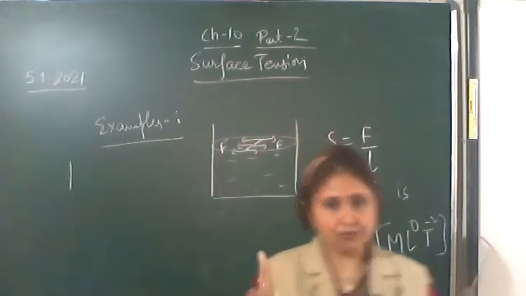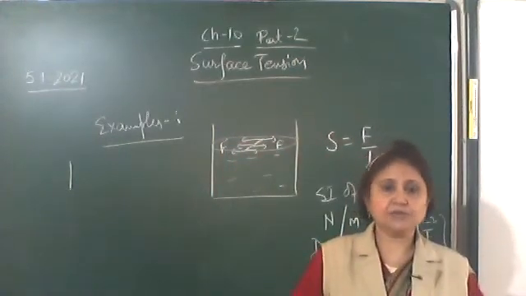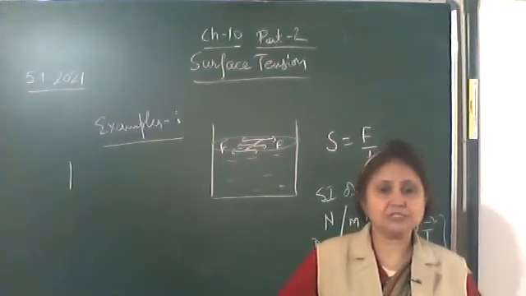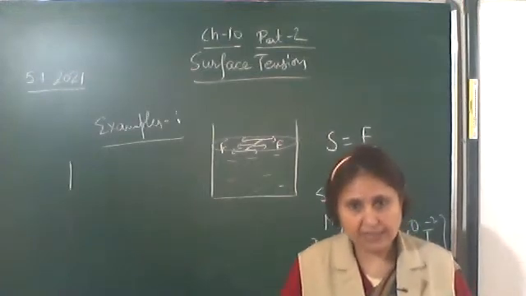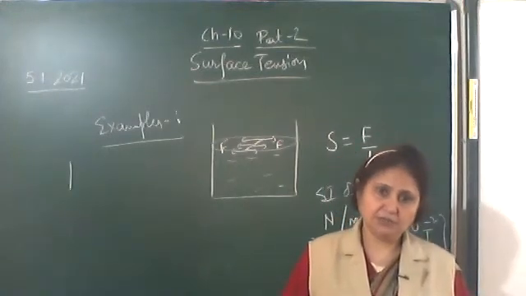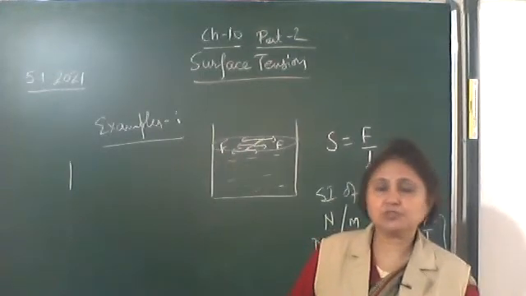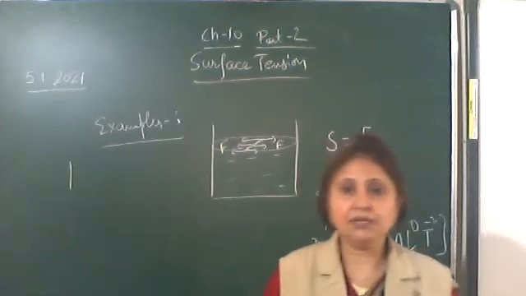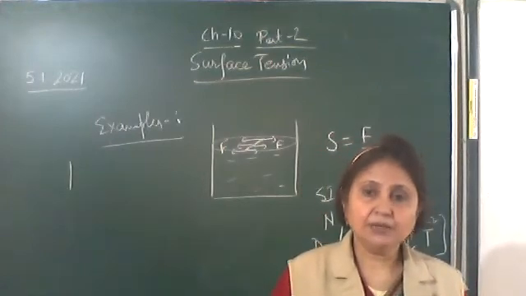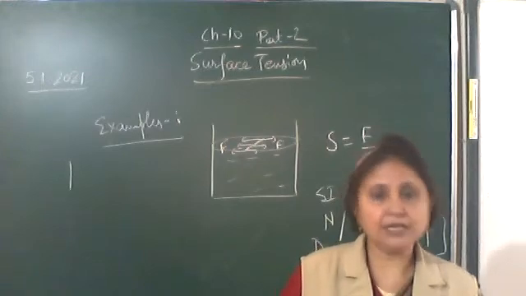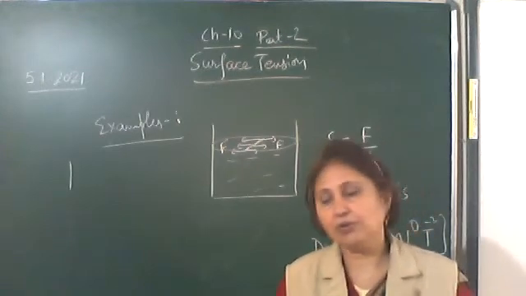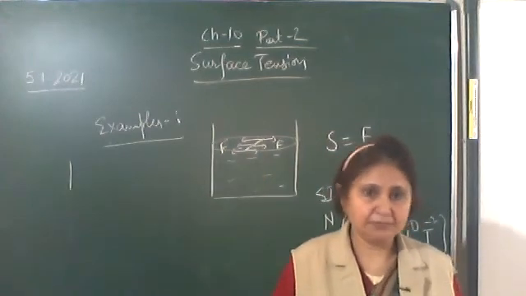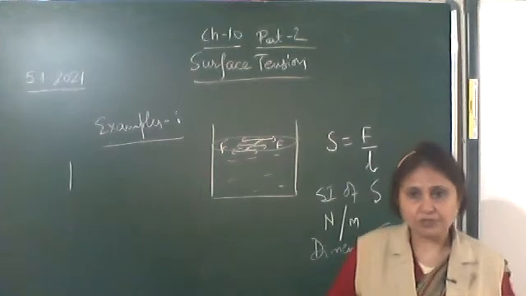A cuboid or a cube has more surface area than a sphere. A sphere has the minimum surface area. So that is why small drops of liquid will try to attain a spherical shape. Any liquid at rest will try to attain a minimum surface area, and the minimum surface area is of a sphere. So write the first example.